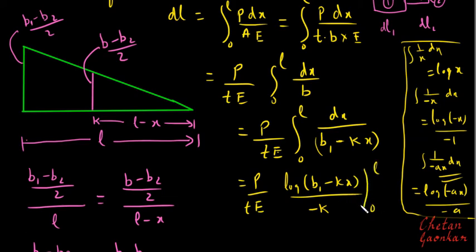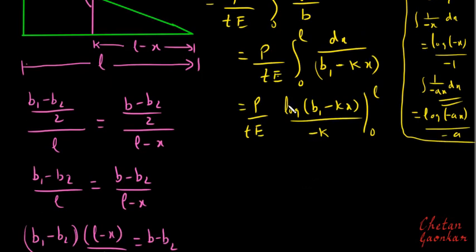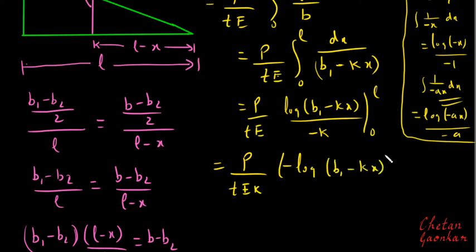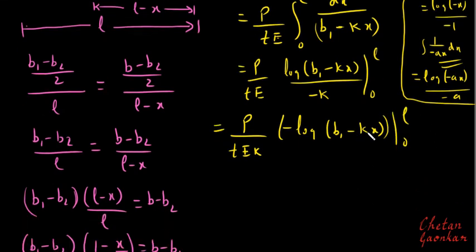So this is what I get. Further, I can take this minus sign here and write this as P divided by TEK, and I can write this as minus log of B1 minus K times X, which goes from 0 to L. Now if I substitute this limit in this expression in place of this X, and rearrange this term, I will finally get this as